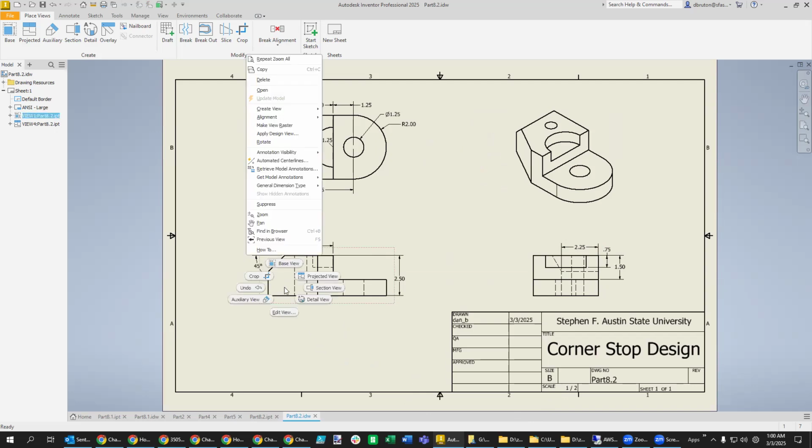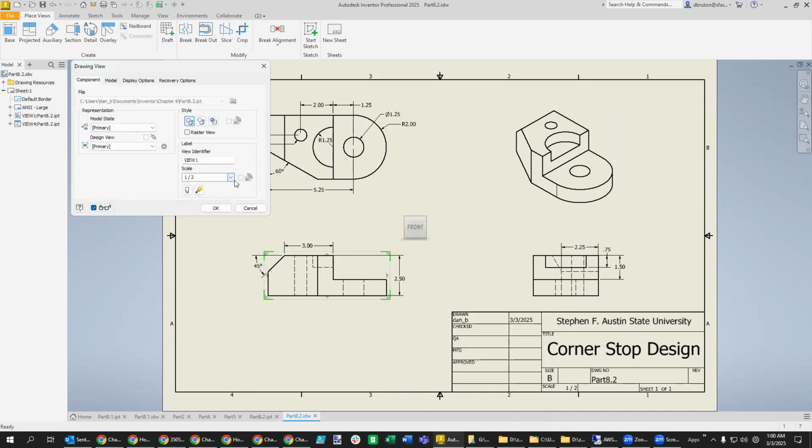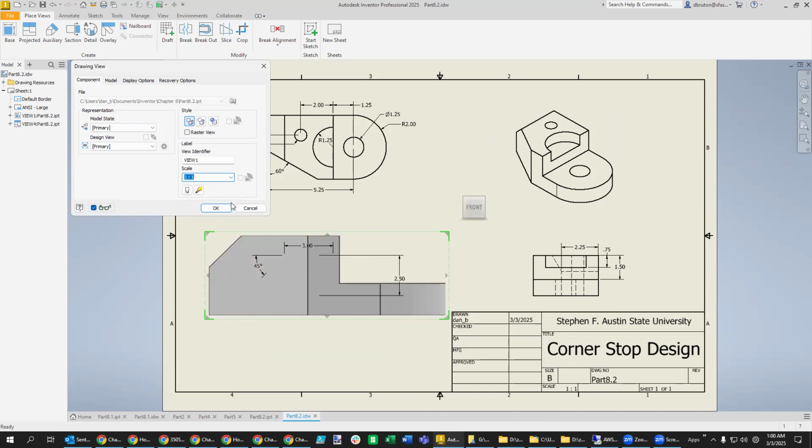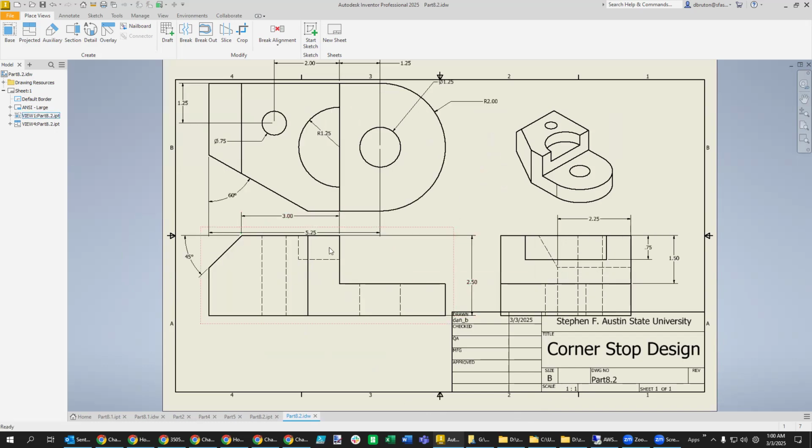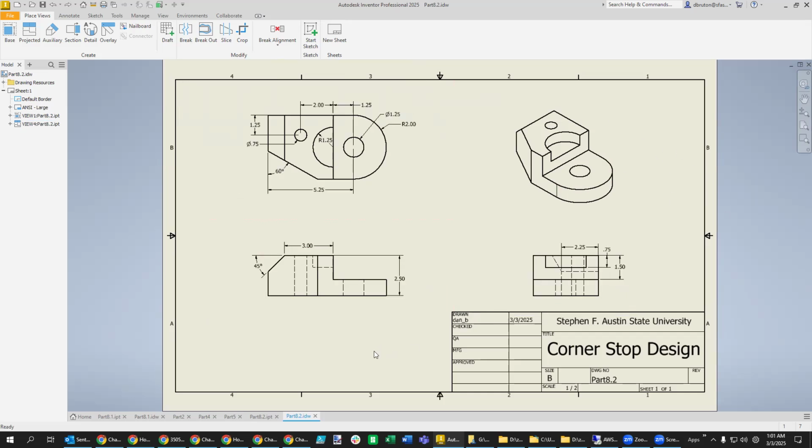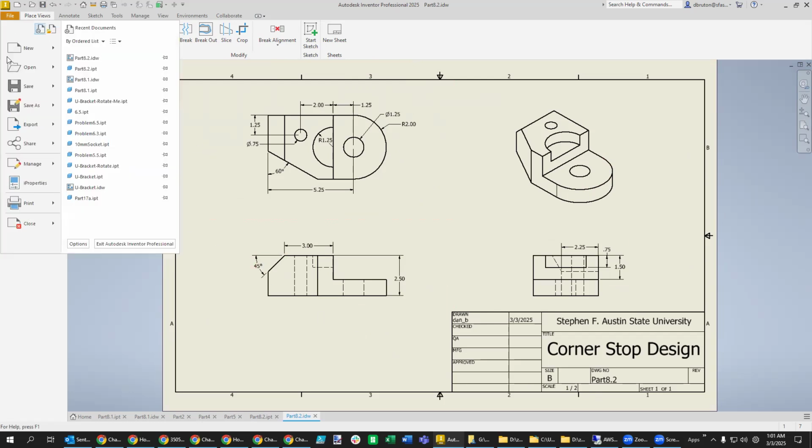Let's just see. We can go over here and say edit the view, and we can change this to 1-to-1. Now that is only going to change this one view, but see how much, oh, actually it changed all 3 of them. But you can see how much it goes over the border, so we don't want to do that. So it's good to try that out, but I think this is going to be our better choice as a 1-to-2 scale instead. Let's save this view and then make sure we print it using